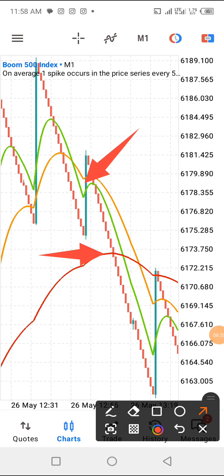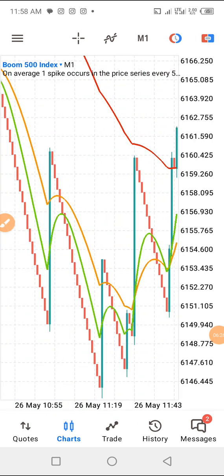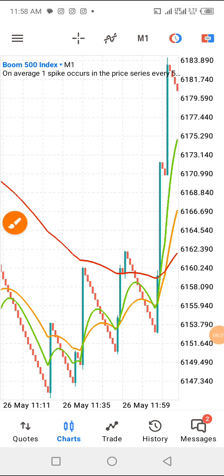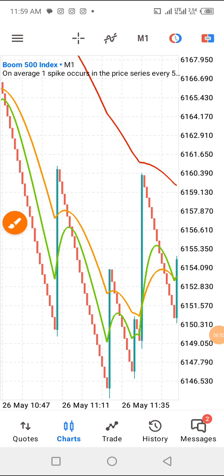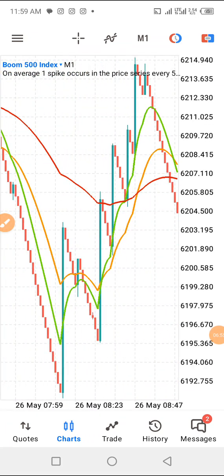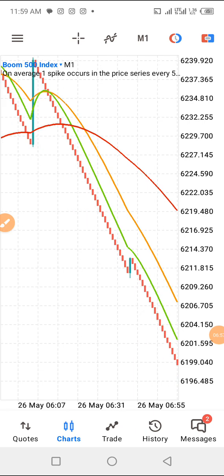Is that clear? Then if it is a buy setup, the first signal you're going to get is the cross between the yellow, just like what we have here. When the green crosses below the yellow, then you take your entry. When price closes above this, then your stop loss will be at the swing low. So if you had opened immediately price closed above, you would have caught all this spike all the way. But please make sure you apply your stop loss so that you don't take a wrong trade or wrong entry.